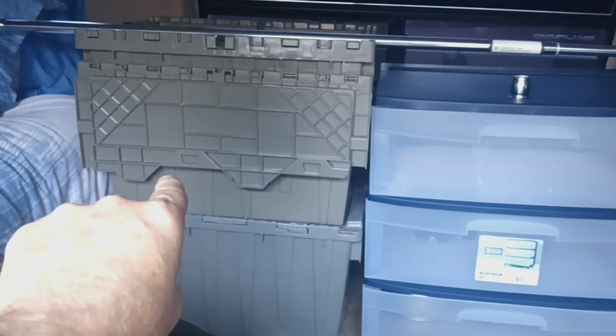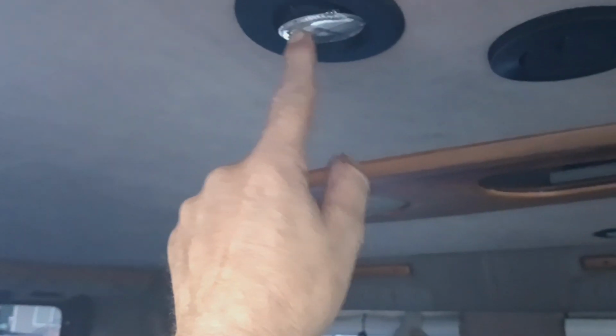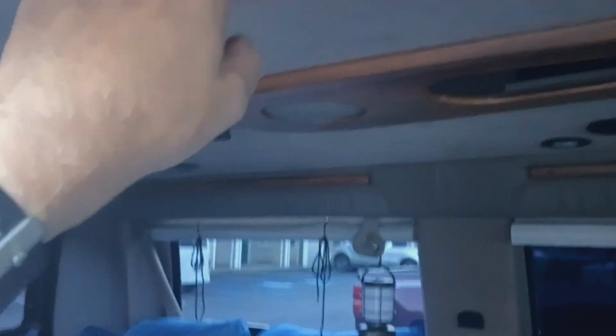And let's see, you see I bought another lantern by Samdino. I have 2 of them now. Although I can turn on individual lights in here. This runs off of the van battery, and I do have a Jackery also,